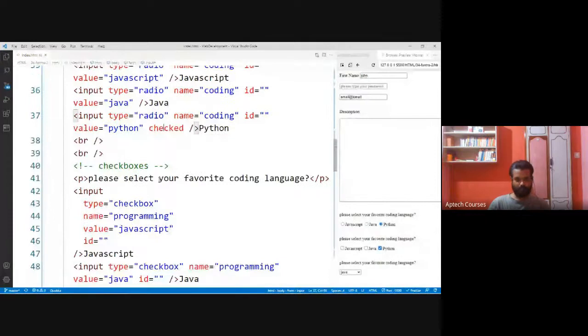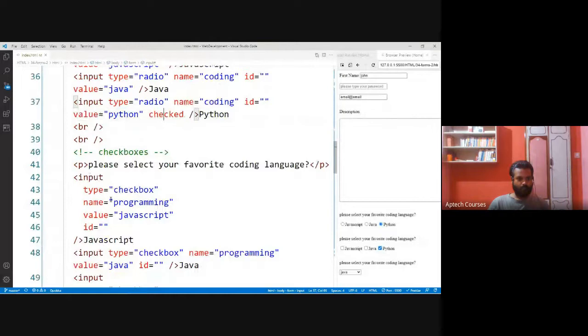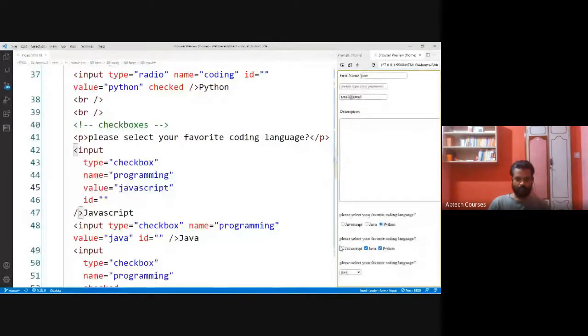Then checkbox. Input type checkbox. In case of checkbox, you can go for multiple selection. That is the use of checkbox. Not only either this or that, you can select any of the inputs, multiple inputs.